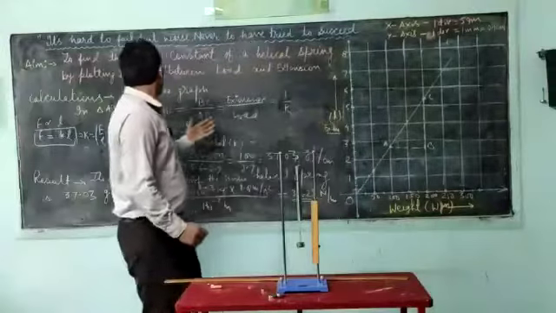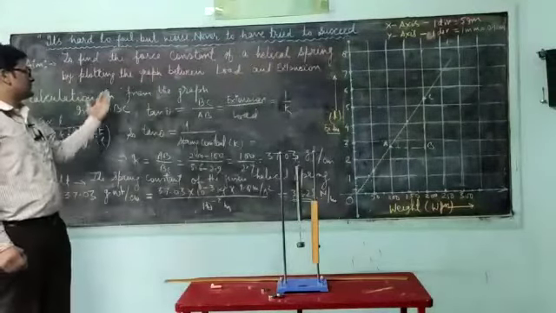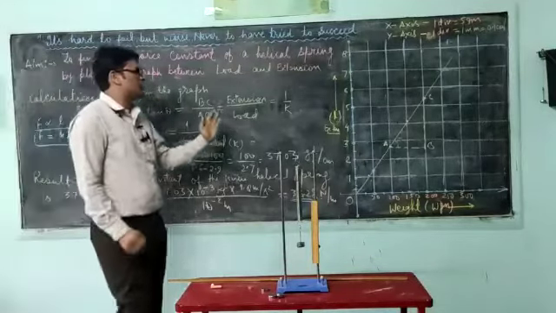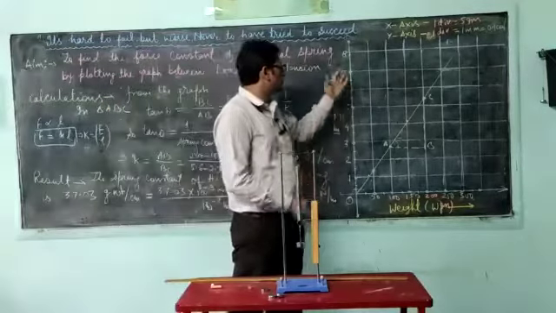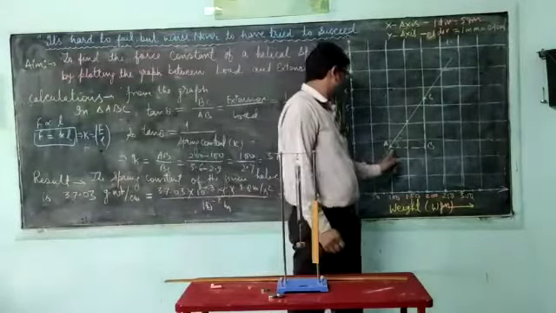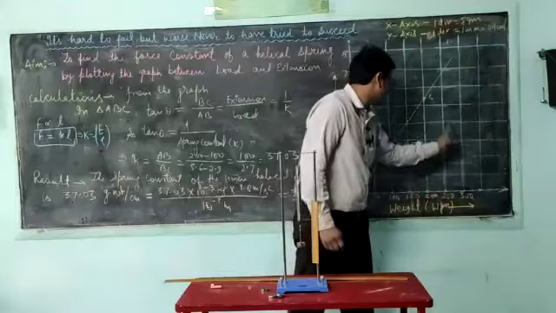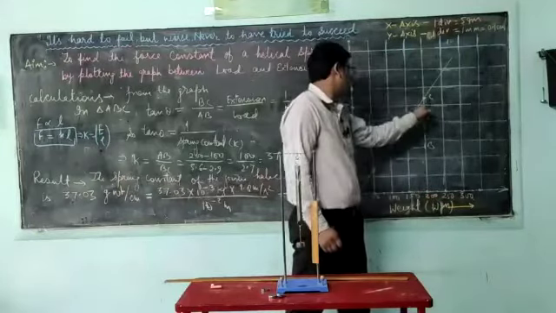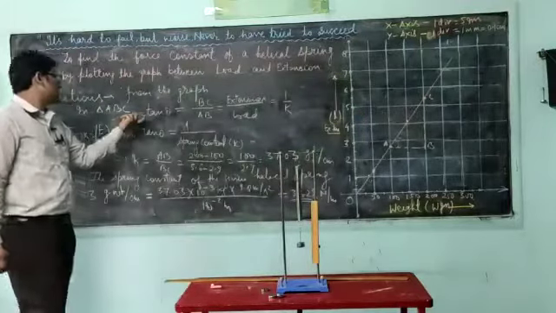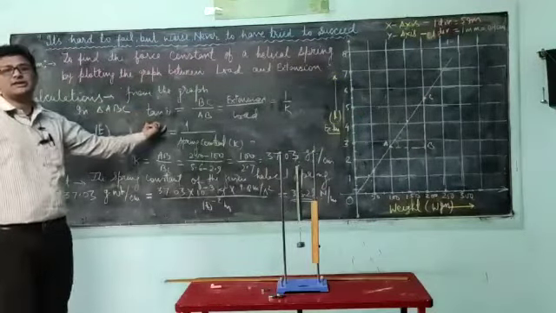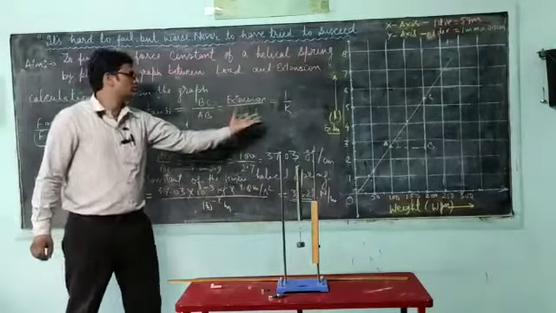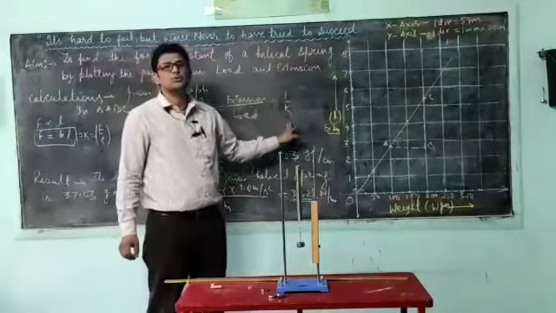This is the calculation for the practical, from the observations which I have already shown to you, which we have plotted on the graph. In this graph I have taken one point at 100 gram and another point at 200 gram. These are A, B and C. This is a right angle triangle. So in triangle ABC, tan theta is equal to BC upon AB, that is equal to extension upon load. This is from the graph, and we can see it is 1 upon K.